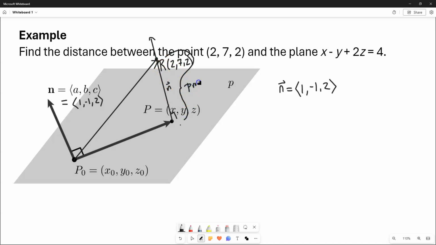We can think of this as the projection of the vector PR onto that normal vector. I like the lowercase n. So that's going to be the vector going in this direction from the plane up to R. And if we find the length of this, the distance will equal the magnitude of the projection of PR